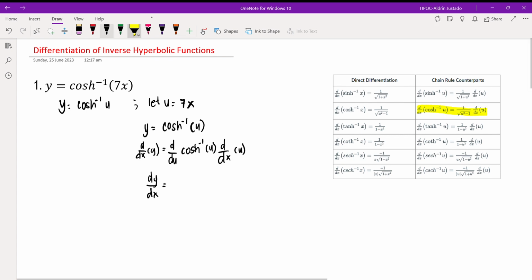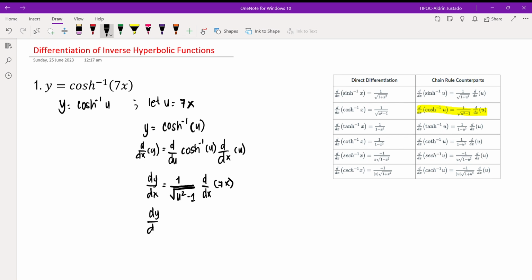Okay? 1 over square root of u squared minus 1